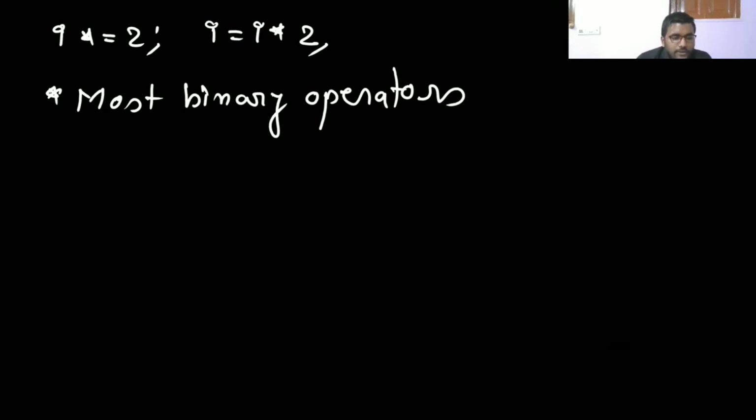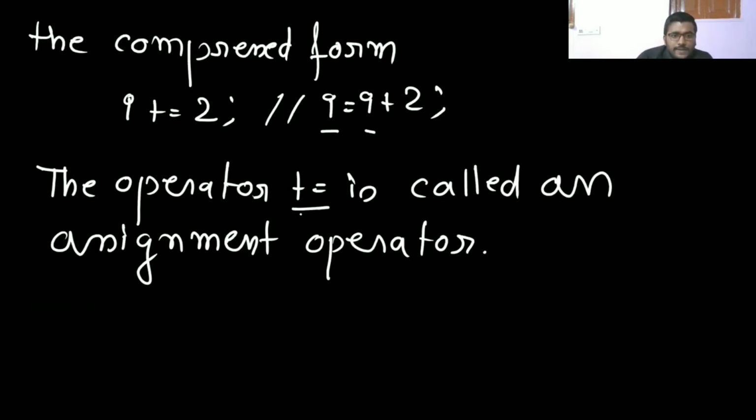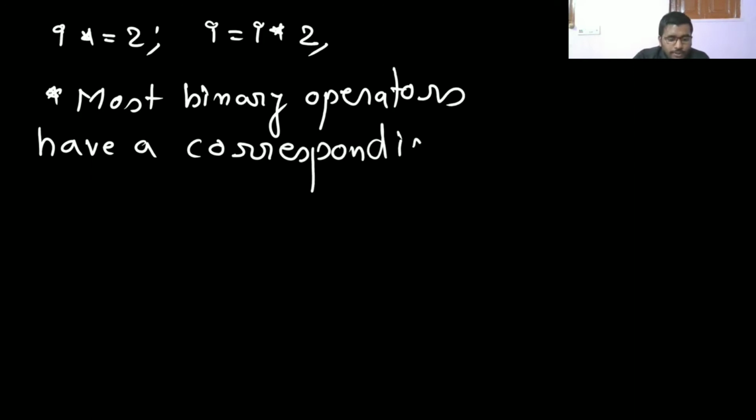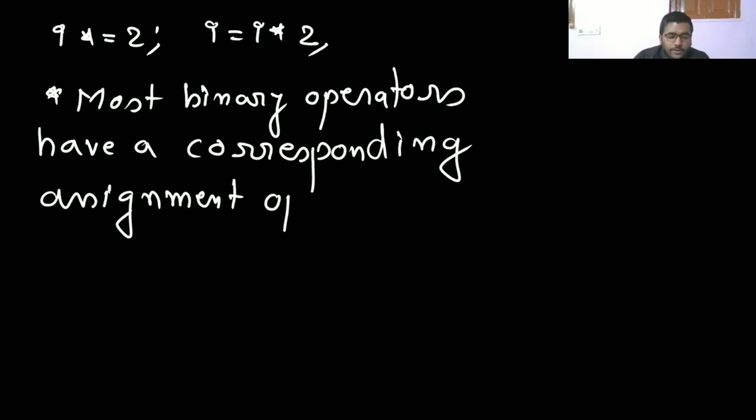So you can use i equal to i plus 2, you can also write i equal to i into 2. Understood? So this you can also write. So most binary operators have a corresponding assignment operator, OP equal to,